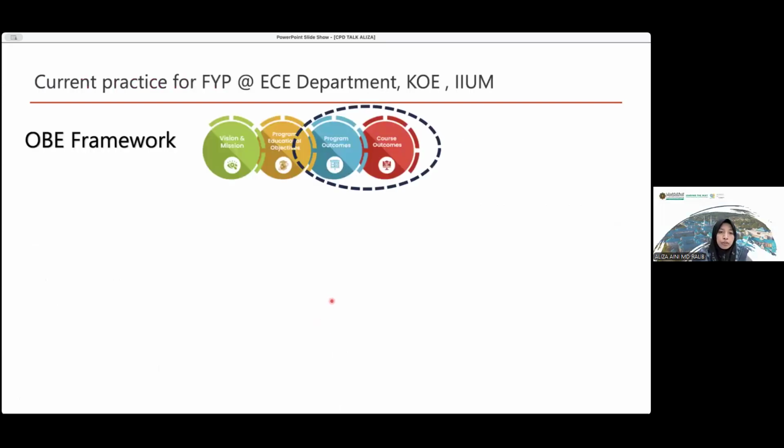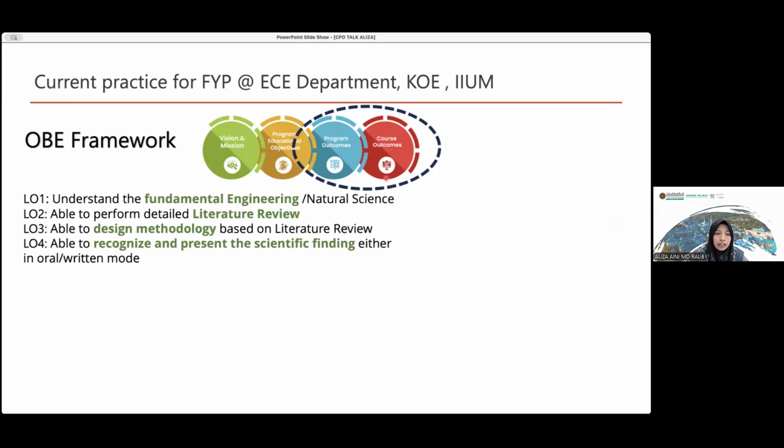Okay, so here I will show you the practice in the Kulliyyah of Engineering. In the Kulliyyah of Engineering, we have the implementation of outcome-based education. It starts from the vision and mission, moves to the program educational objectives and program outcomes for each degree, and lastly to the course learning outcomes.